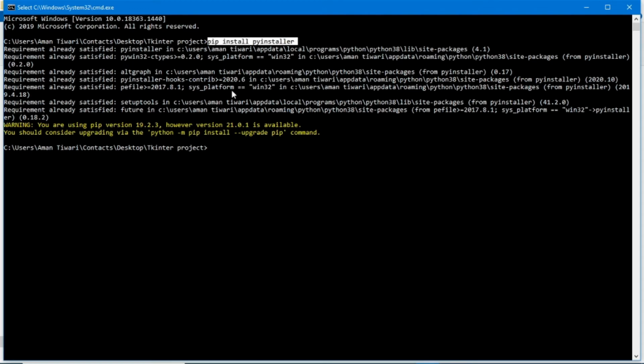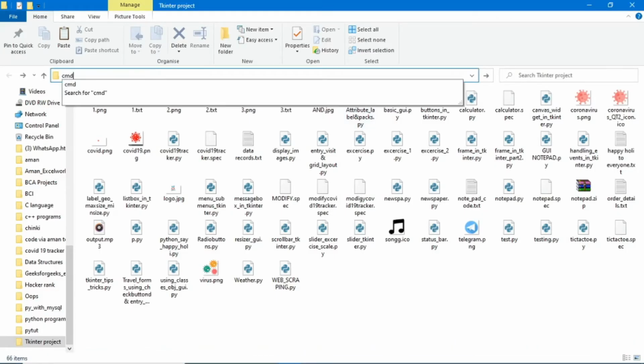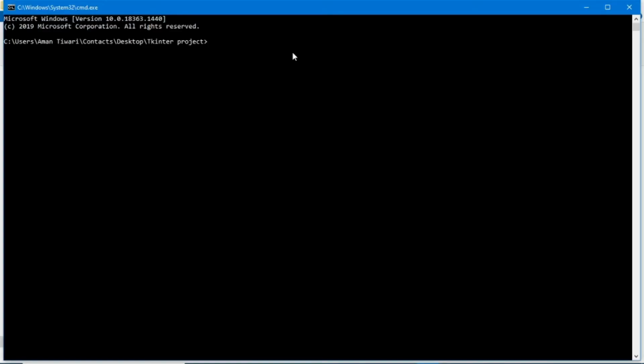Then close the cmd and open it again, then the process starts. Here type pyinstaller --noconsole and then the python file name. In my case my python file name is notepad.py, then press enter.